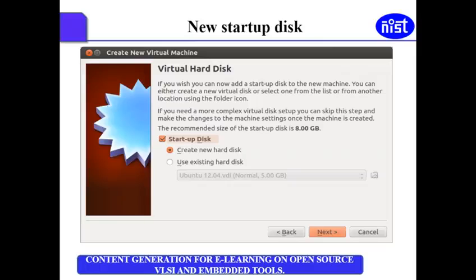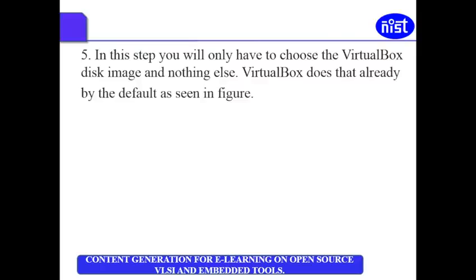Okay, you set the startup disk and create a new disk in the virtual hard disk. In your VirtualBox, you create a virtual hard disk where you have your sizes and all, and then you press next. In this step you'll only have to choose the VirtualBox disk image and nothing else.